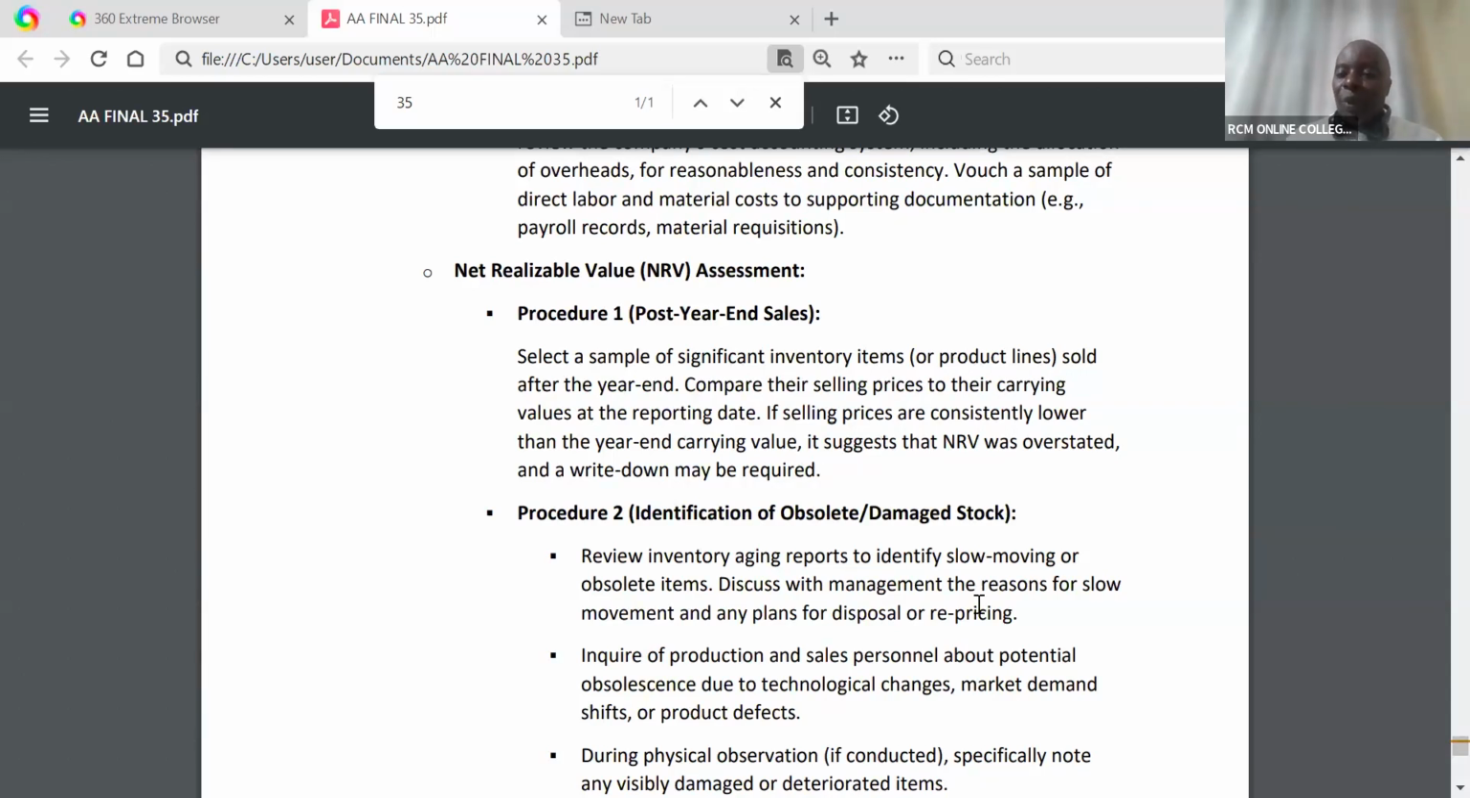Listen to me very well. You see, when goods reduce their value, in most cases, the directors would want to hide that because they know that,